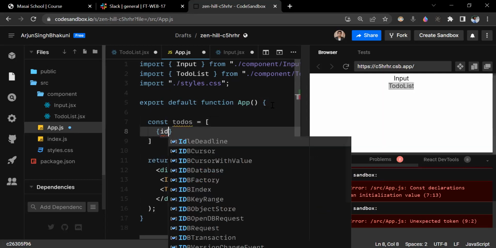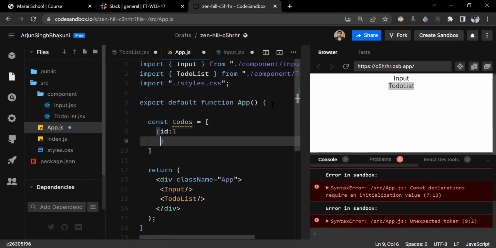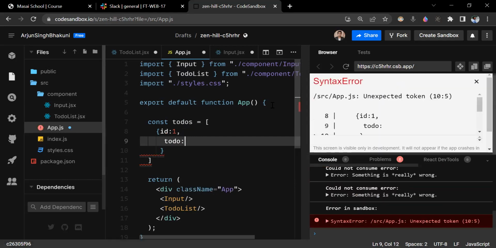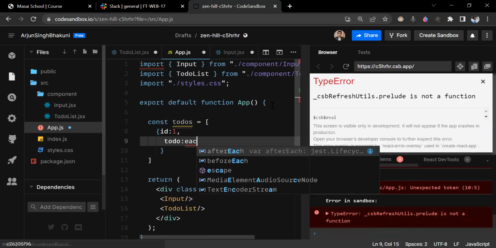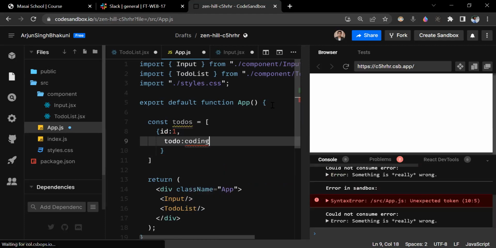First I create the id 1, and the to do, like coding,